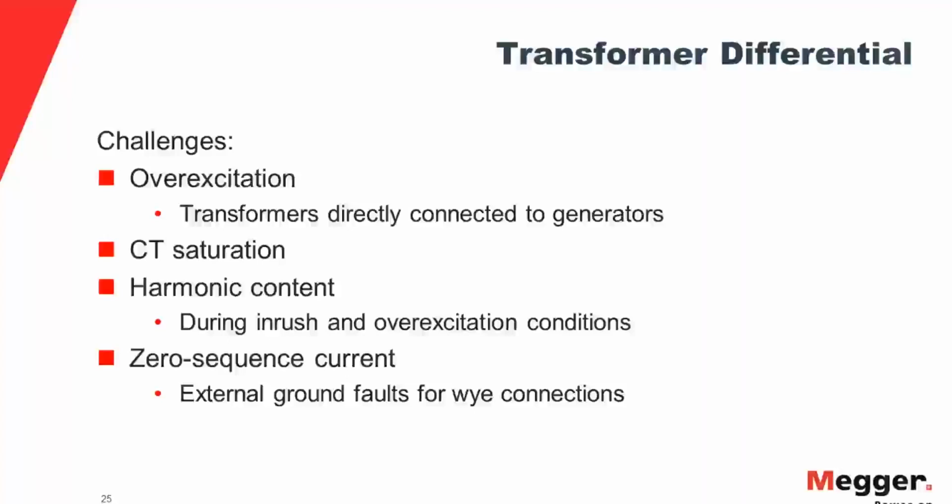What happens if the inrush current is really high? That is being seen by the CTs that are connected to the differential protection. So if the inrush current is really high, the CT may saturate, and when the CT saturates, the response from the CT may not be the true reflection of what is happening in the primary side. That could cause different results from what we are expecting from a differential operation. Or, in other words, the differential operation might not be reliable